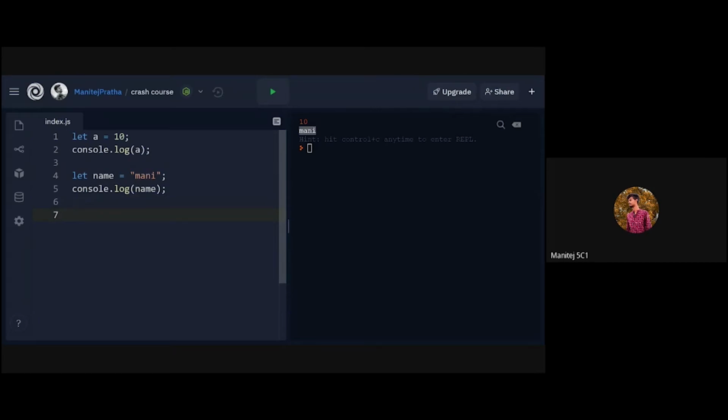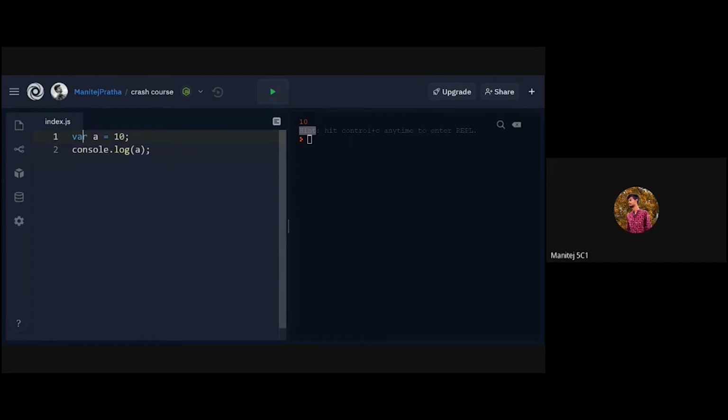Pretty basic, right? In the previous years, we used something called var to create variables, so var a equals 10. Both are almost the same, but there are some issues with using the var keyword. After 2015, let has been added into mainstream JavaScript, so we now only use the let keyword to create variables.